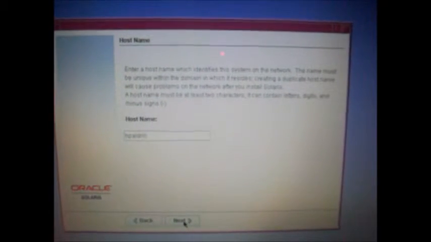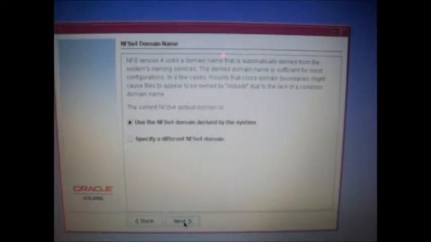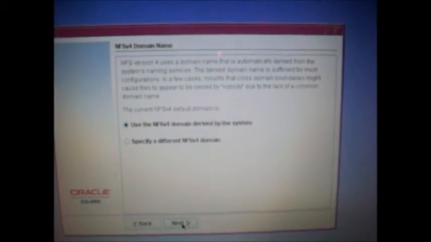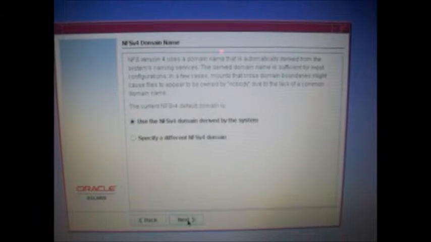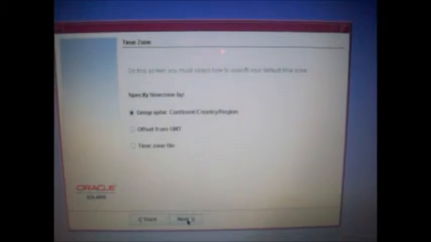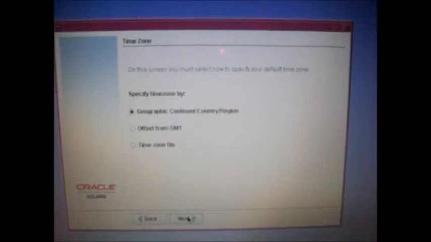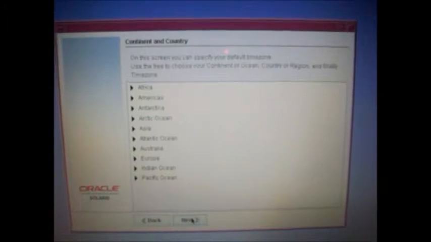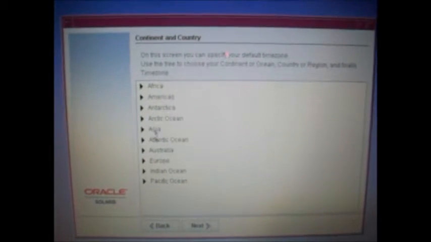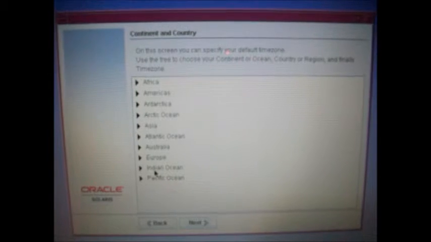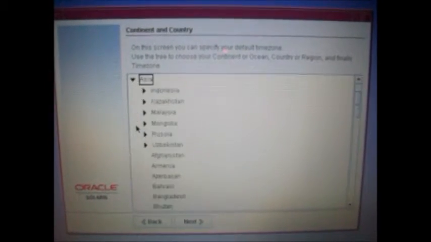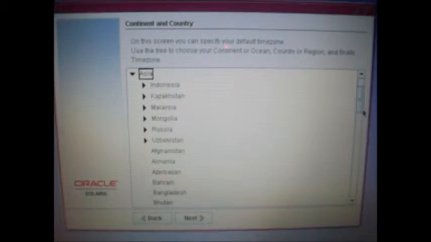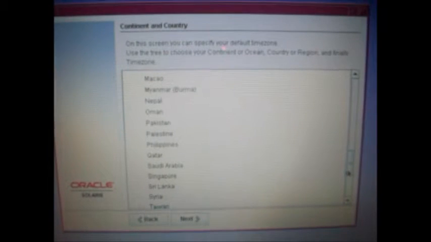Then click next, continue, and then the current NFSv4 default domain is shown. Click next. Okay, next, and then after that you will choose what country you are, and then choose Asia, and then find Philippines.